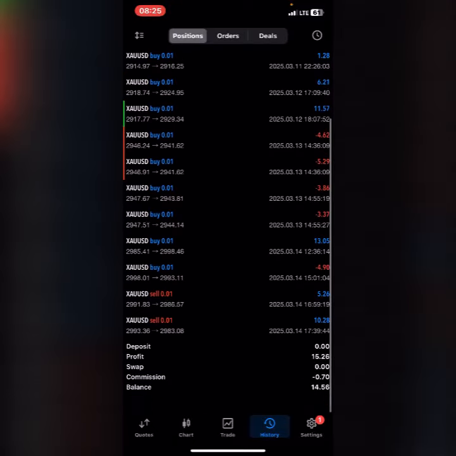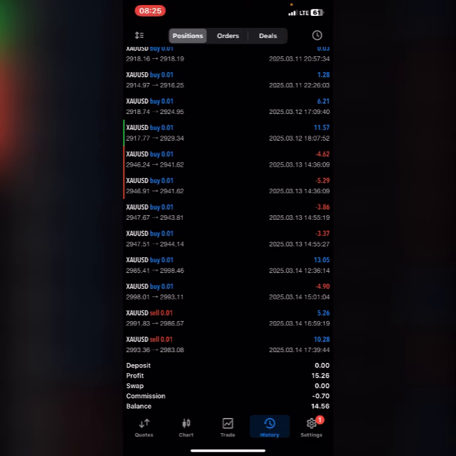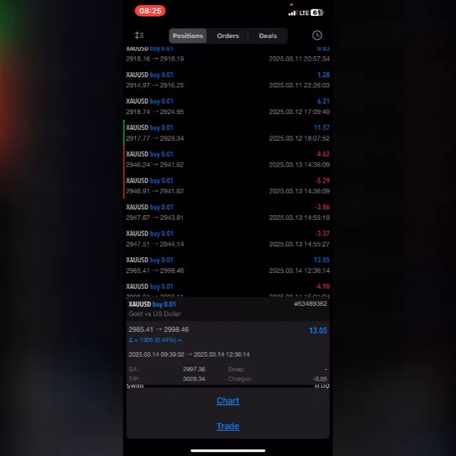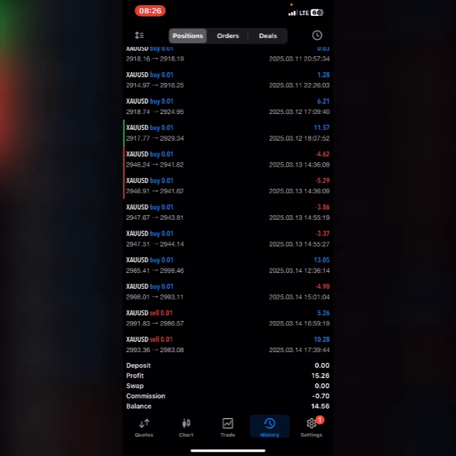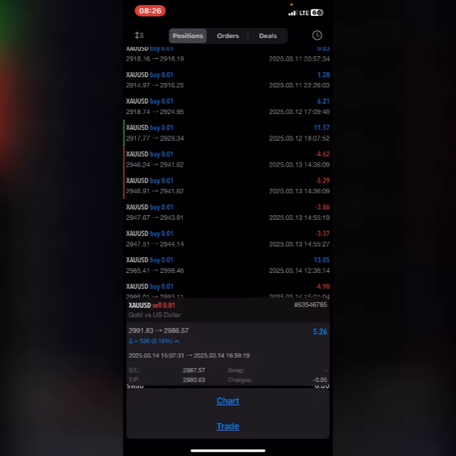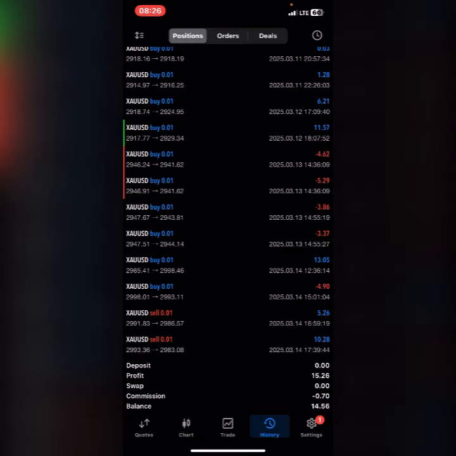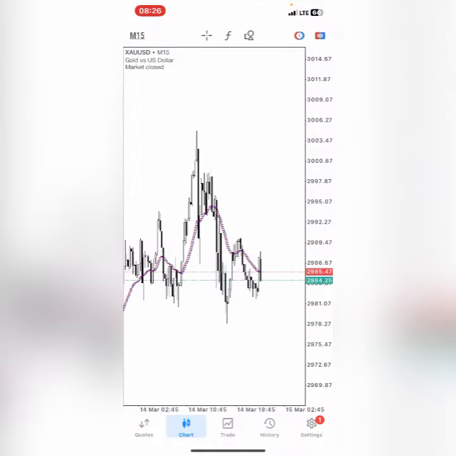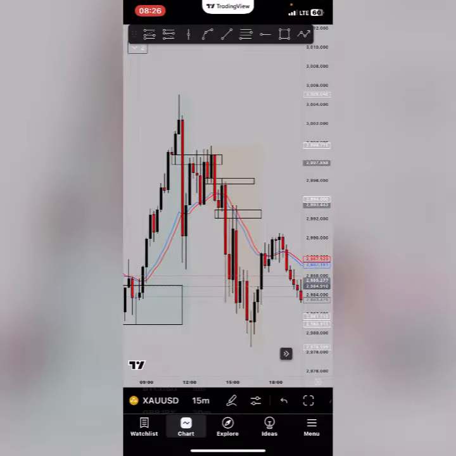From the history, as you can see, the trade I took yesterday was the buy, which was $13 win, and also I took this buy again and I lost almost $5, right? And I then took another trade, which was sales on gold, 0.01 2 positions, and I was anticipating this trade was going to hit TP to give me about $20, right? But what happened was the trade started playing with my emotions, right?